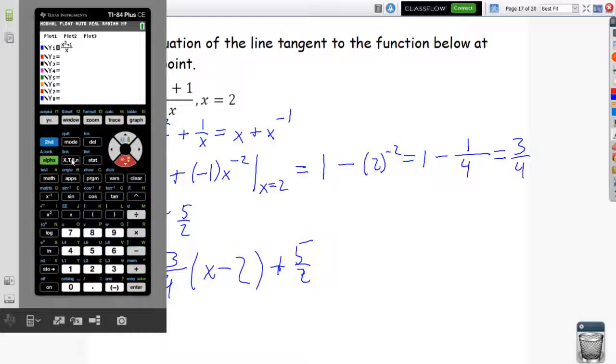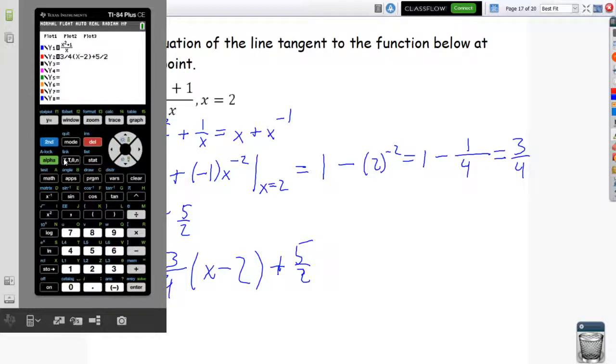And the equation of my tangent line, what I think is 3/4 times the quantity of x minus 2 plus 5 halves. And if all goes right,